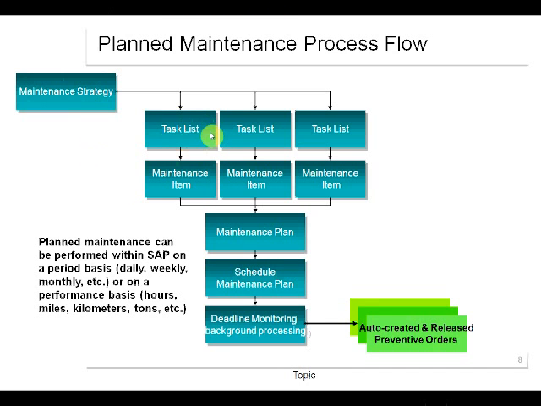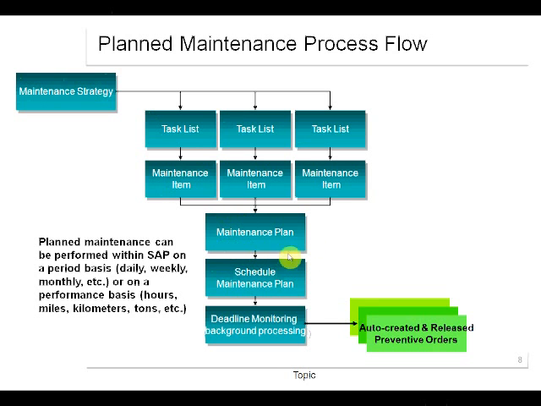So you are clear with the task list, right? Once that is done, I'll identify the item on which I'm going to do the maintenance activity, correct? So I'll attach it to the item. All these three, assigning and compiling them into a single thing, is called a maintenance plan. I'll compile these three into a single thing, the maintenance plan. So this has which item, what operations, when and what I am doing will be there in this maintenance plan.